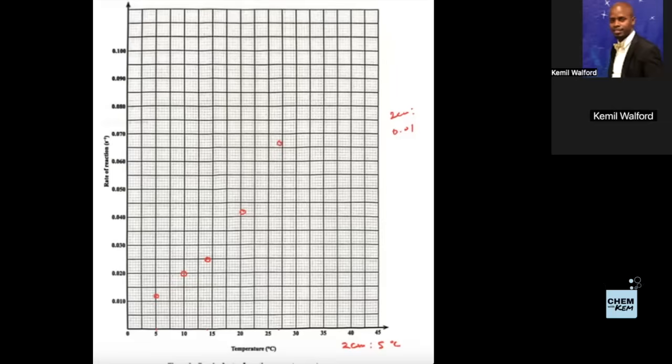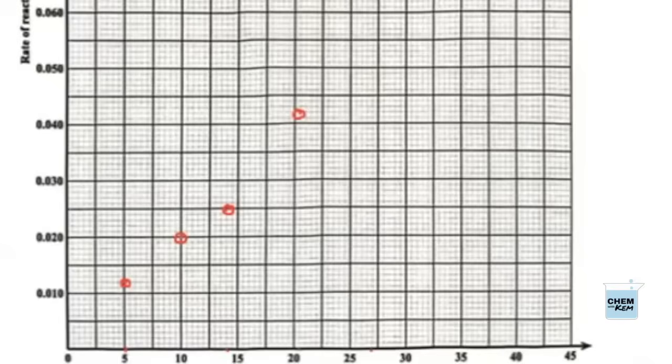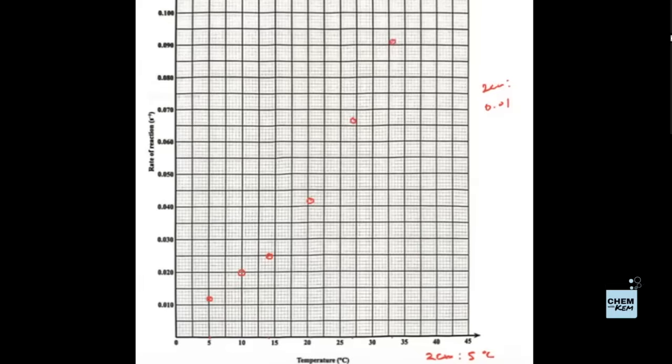Then at 33, we have 0.091. At 33, 0.091. 33 is here. Encircled dot is there. And then the final one at 35.5, we're at 0.1. 35.5, we're at 0.1. Let's fix that. That's our encircled dot. And then we're supposed to draw